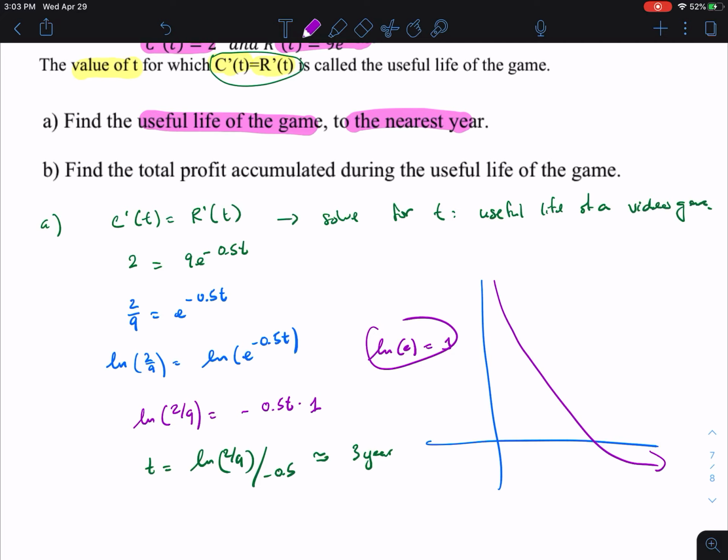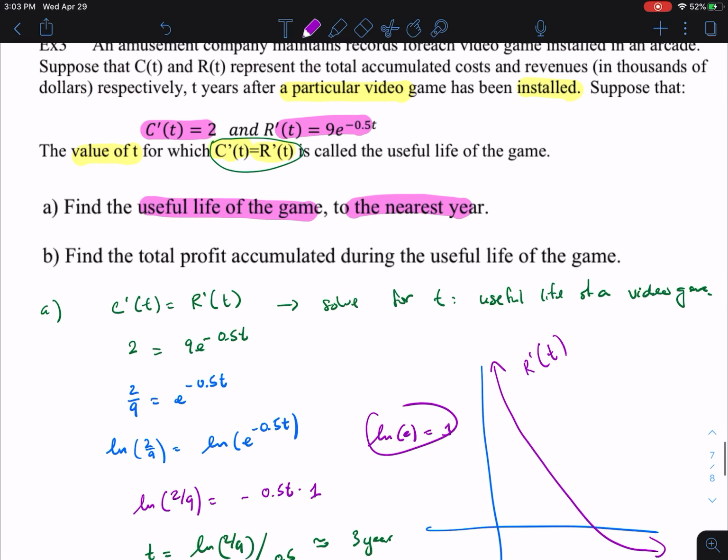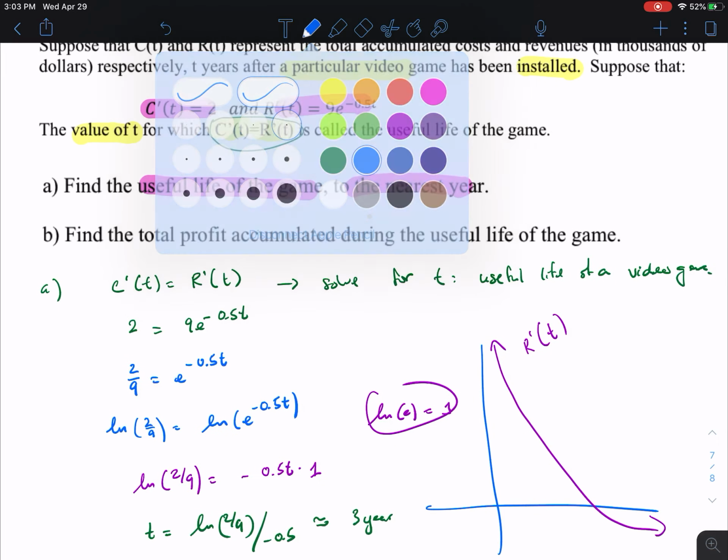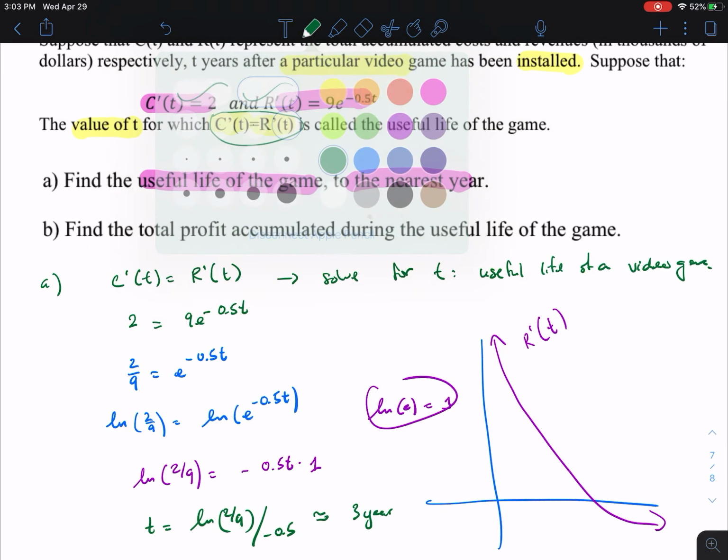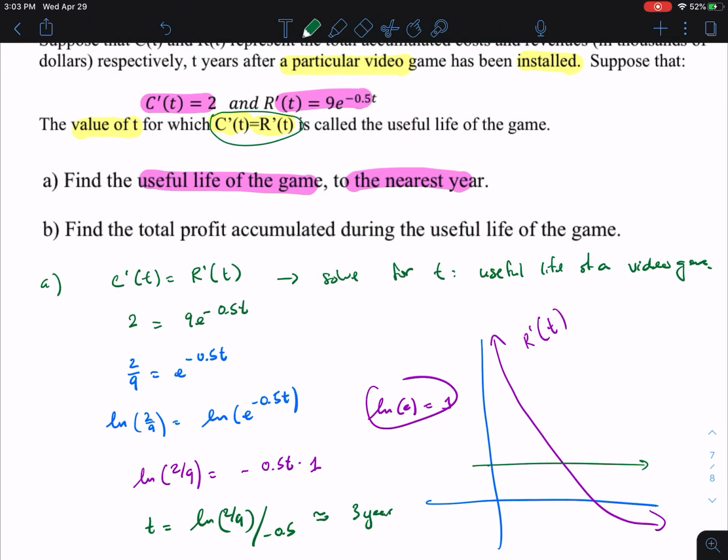That's going to be our R prime of t. Revenue is decreasing over time. Our marginal cost is equal to 2, so that's going to be a constant function, around here. So let's say this is 2. This is our C prime of t. So the point of intersection here is where